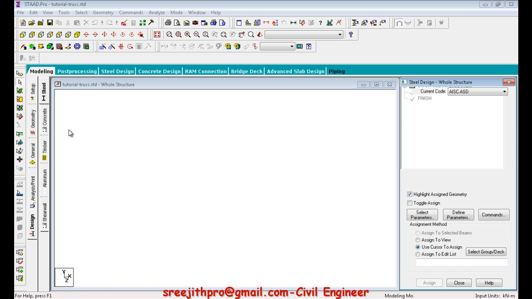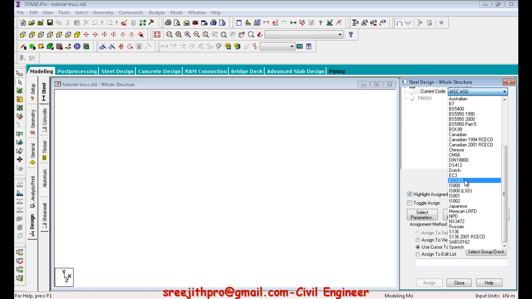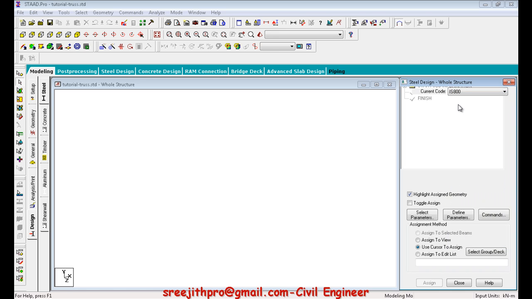So just forget about design today. We can have the steel design, concrete, timber, aluminum, and in the steel itself this many codes are available. I'm an Indian, so I will be using IS 800 more regularly. So as you know, this steel design will not be covered today. So I think